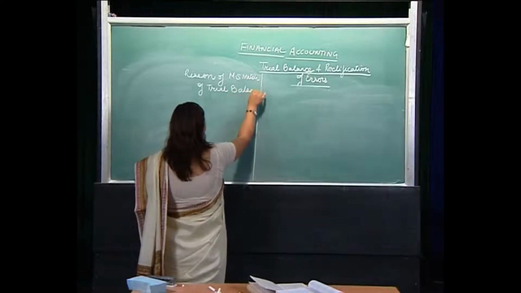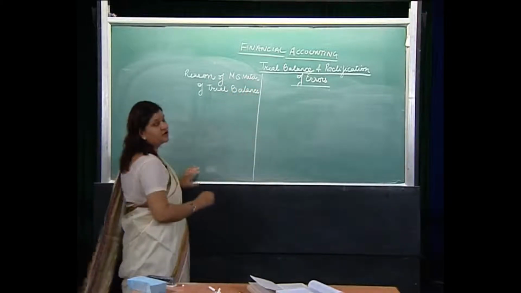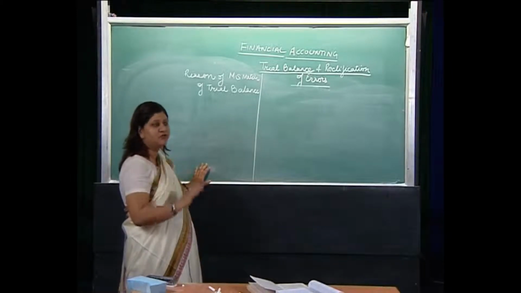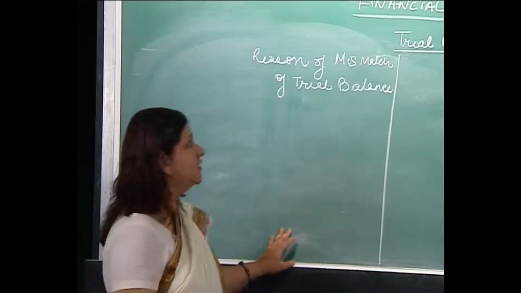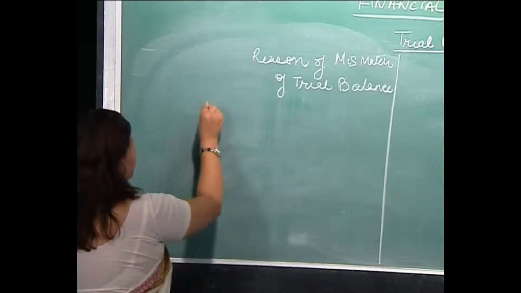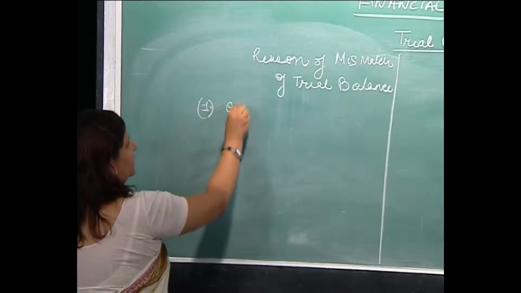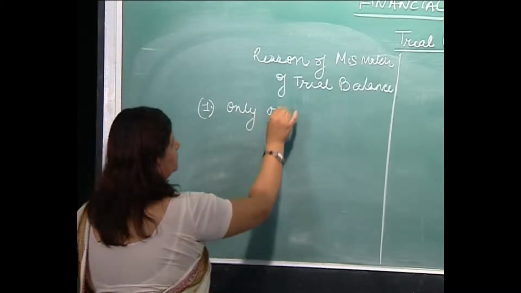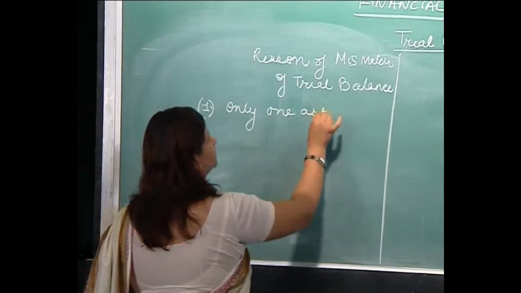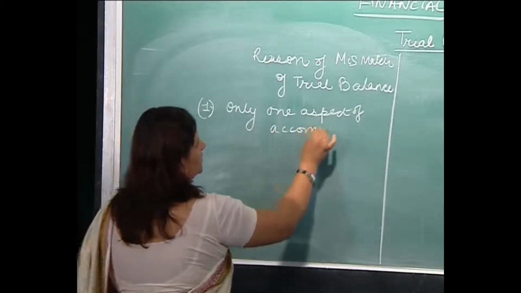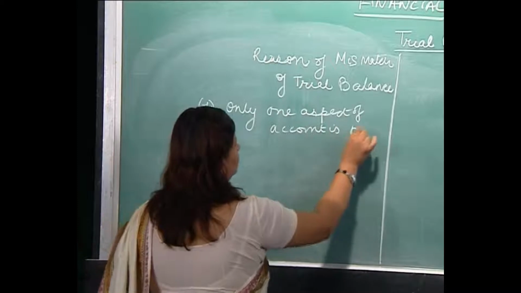That means the debit side of the trial balance is not matching with the credit side of the trial balance. Both the totals are showing variations. So the first reason for it is that only one aspect of an account is posted,